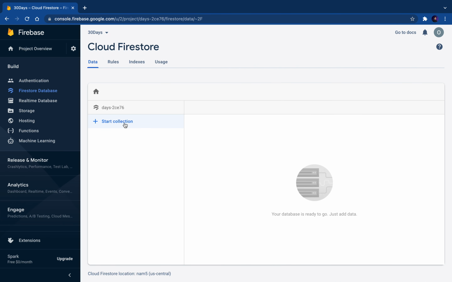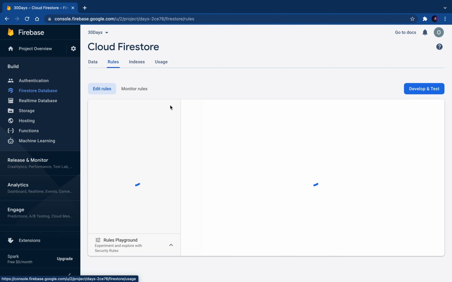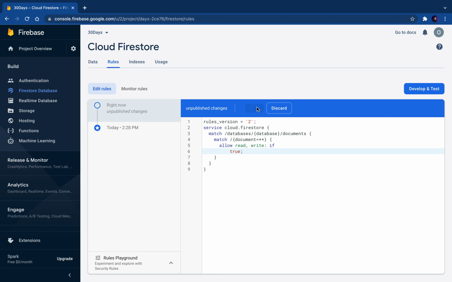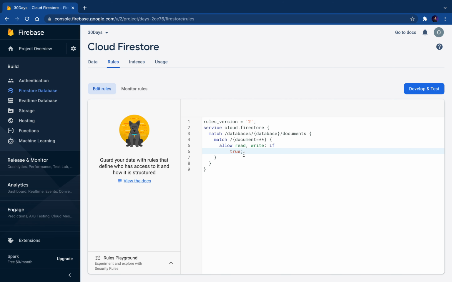Inside this you have to first create a collection. Inside this collection we will be having lots of documents. One more thing we need to do is go to rules. By default there are some different rules, but we need to set the rules as if true. So read and write, that means anybody who is accessing this database can read and write to this database. I'm just going to write true over here, then click on publish. It simply means that anyone can have the authority to read and write in this database, right? But when you go to production mode, you have to write your own security rules, but that we will not be covering here.